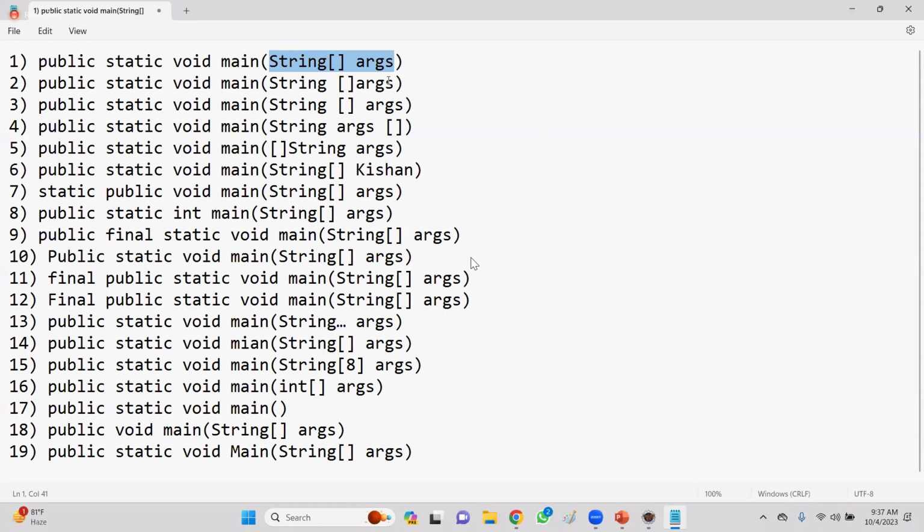Now, please tell me. This is the identifier name, array dimension and type of the array. No problem. We can write like this. So please tell me, guys, is it valid or invalid? 100% valid. Okay. What about next one? Valid. What about next one? Valid. Come on. The only difference is space. Yeah, we can write like this. What about next one? Valid or invalid? Of course, it is also valid. I already said that